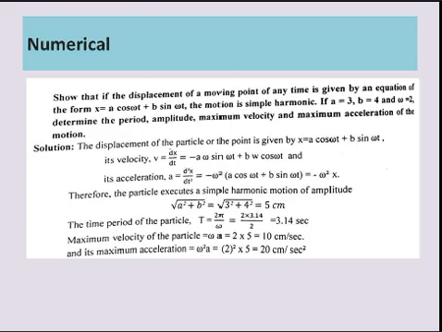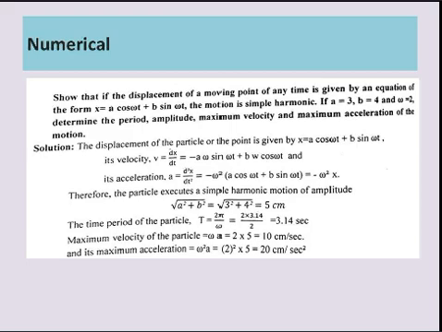There are chances. So what they gave you, the displacement of the particle is given by x is equal to a cos omega t plus b sin omega t. As I already told you, for a particle which is executing simple harmonic motion, the displacement is expressed either in terms of sine terms or in terms of cos terms or it may be a combination of sine and cos. So when you see this type of equation, you just remember this is nothing but simple harmonic motion. But though they are asking us to show that, we will move to prove that this equation is representing